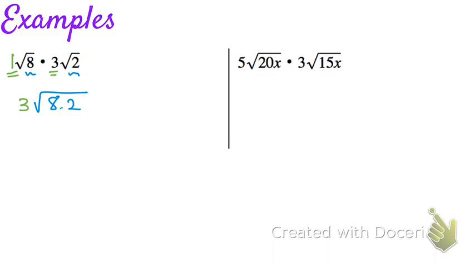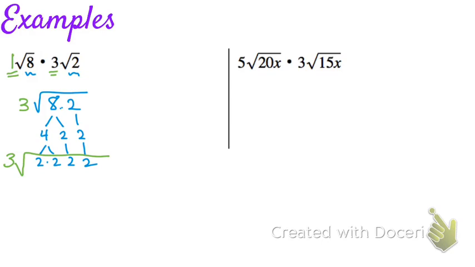So now I'm going to look to see if I can simplify it. That's why I left it as 8 times 2, because I'm just going to break this down some more so I can see what the factors are. 8 is the same as 4 times 2, and then I still have my 2. And then 4 is the same as 2 times 2, and then you have these 2's as well. So 3 square root of 8 times 2 is the same as 3 square root of 2 times 2 times